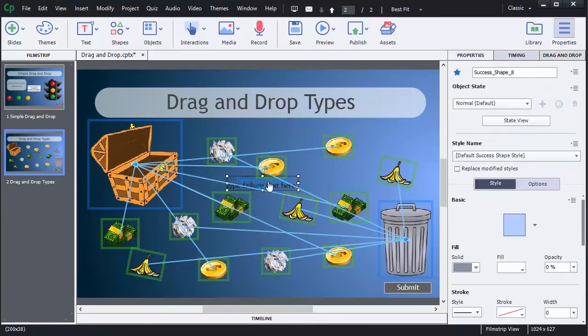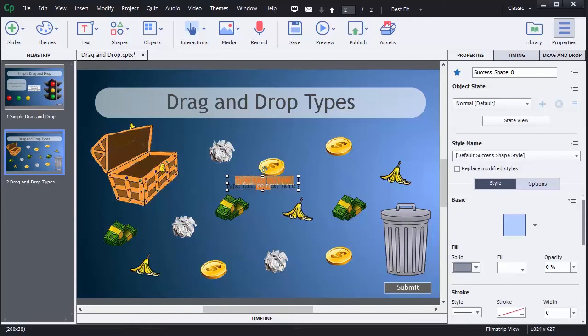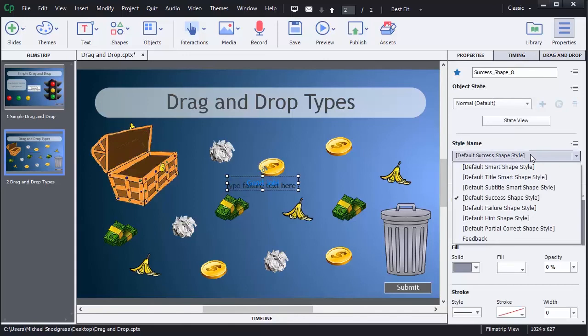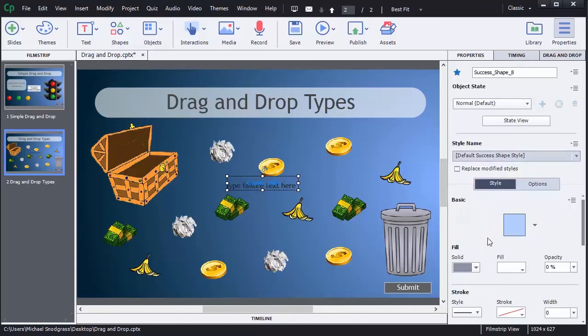Since the success caption's above the failure caption, I will click on it and double click and I will type "Good job." I'll click away and reselect that caption. And as in the previous lesson, I've already created a style for this. So I'll go to Properties, and from the Style Name list, I will choose Feedback. I will then temporarily drag the success caption out of the way,